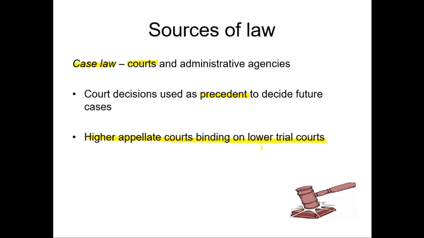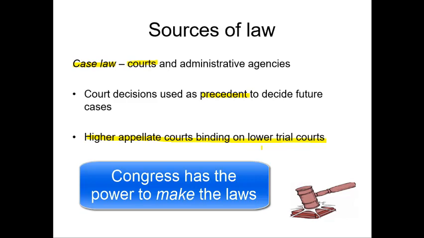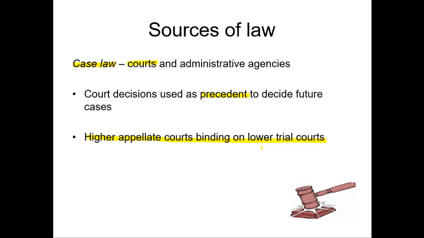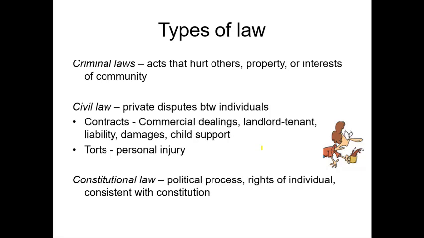The only way they could be overcome is if Congress went back and convened and made a new law that superseded that. But if somebody files a case, a court accepts that case and rules on it, they could potentially strike down something as unconstitutional. And that's what we'll talk about here in a minute as judicial review.